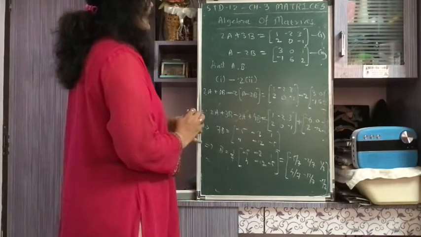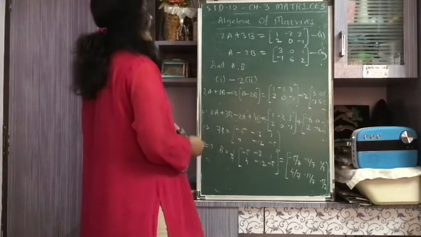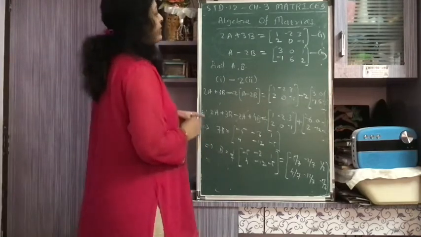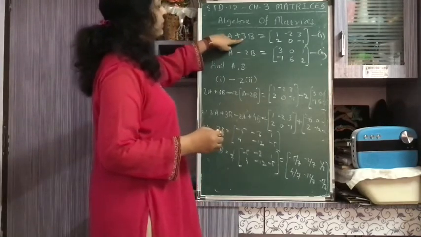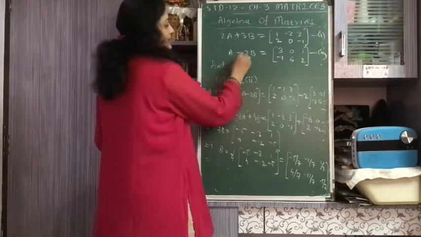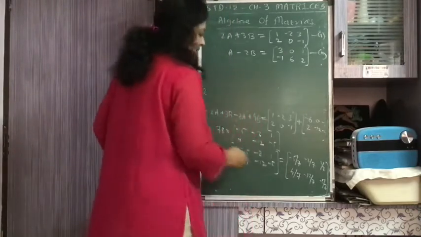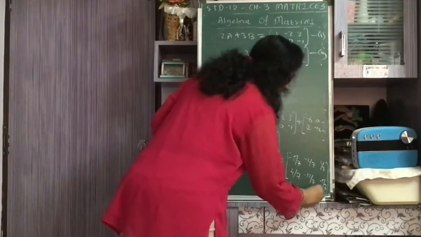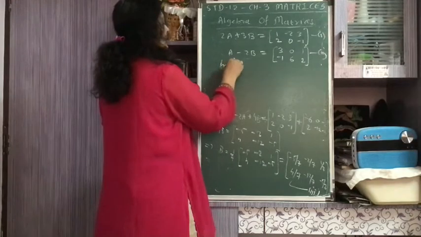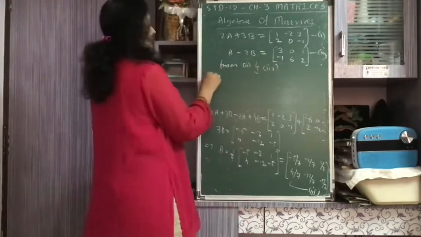Now if we want to find matrix A, then we have to remove B, or we can substitute in either of the two equations. So one of the options is you multiply this equation with 2, this with 3 and add. So B will be eliminated. I will do the substitution method. So substitute B. I'll call this result number 3. So from equation 2 and 3, I'll have